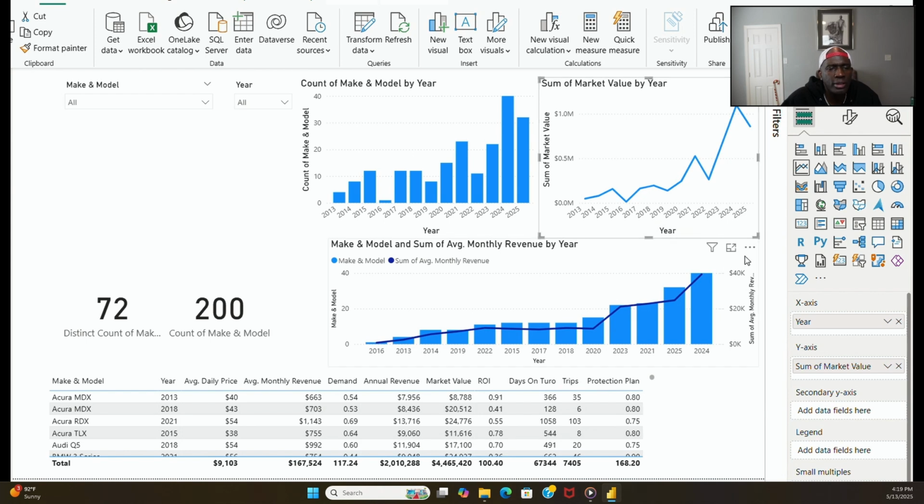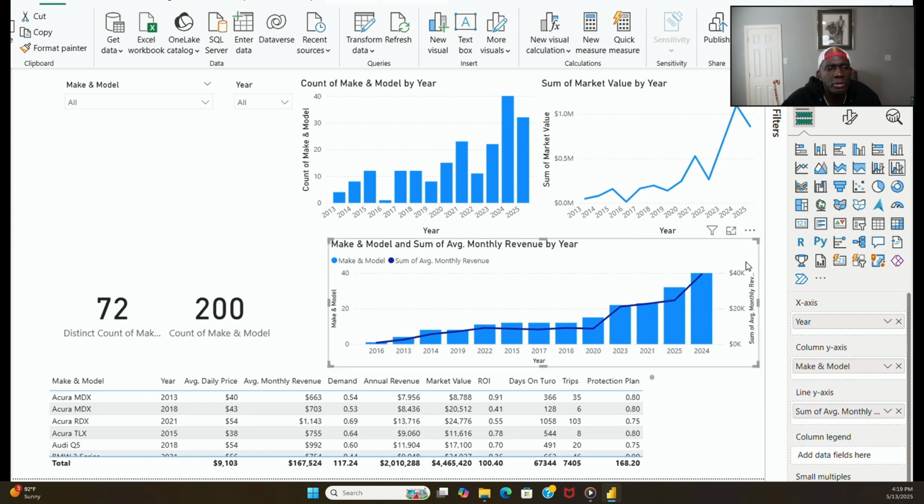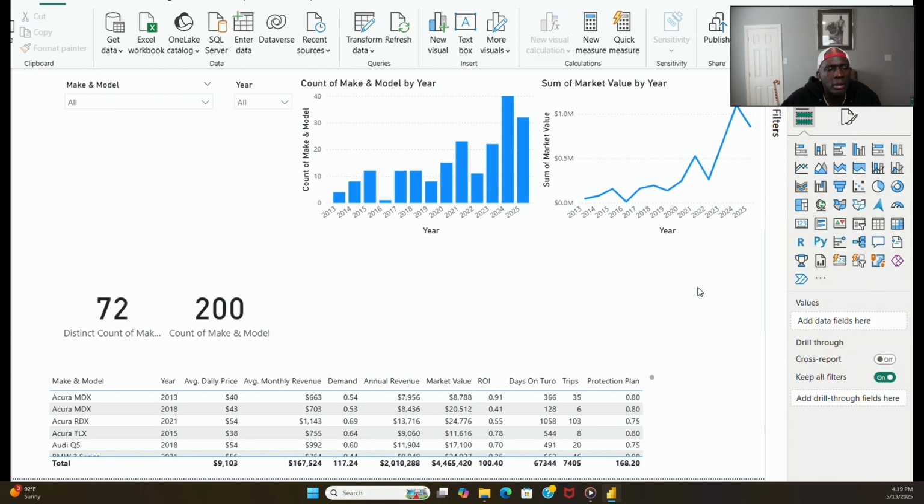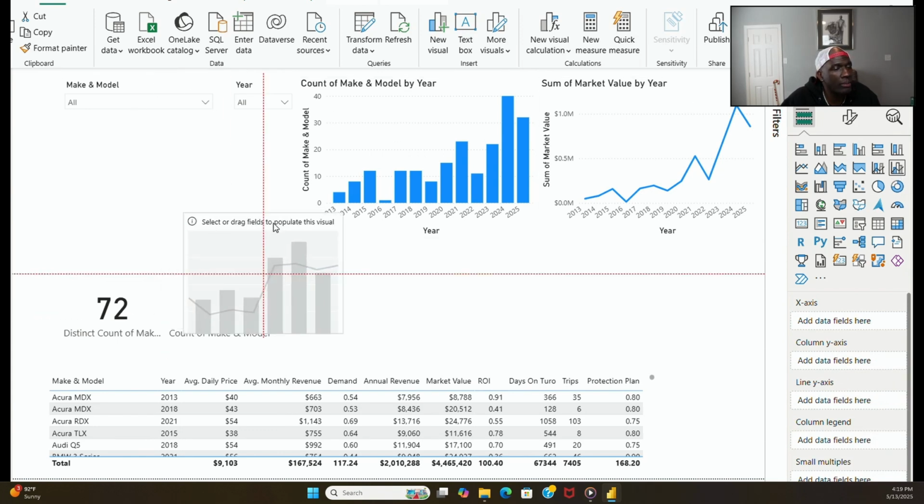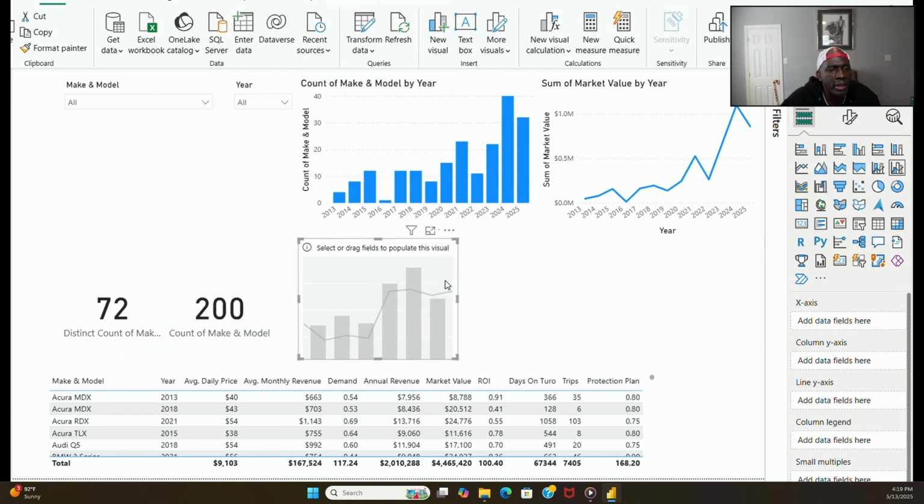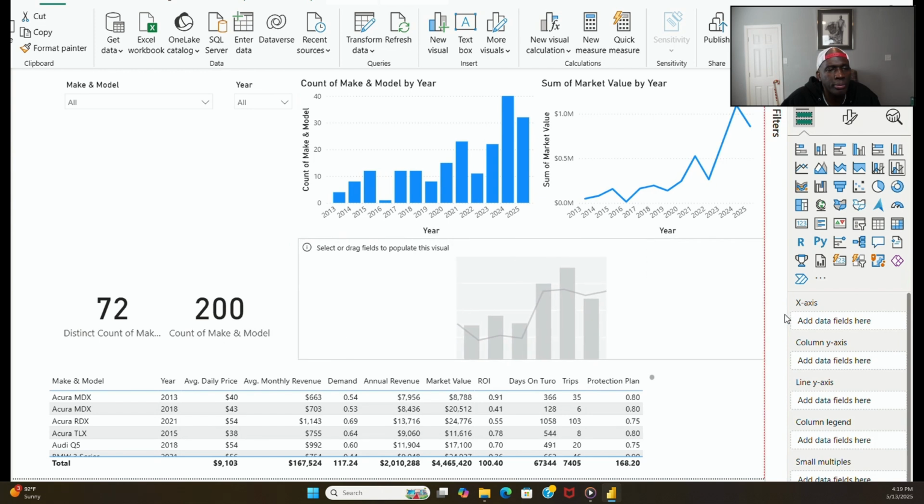Now we see that this one, 2013, 16, 18, 17. Bring in that column chart again, what's actually the clustered column line chart. Going to bring that again. And now we're going to bring in our year on the x-axis and